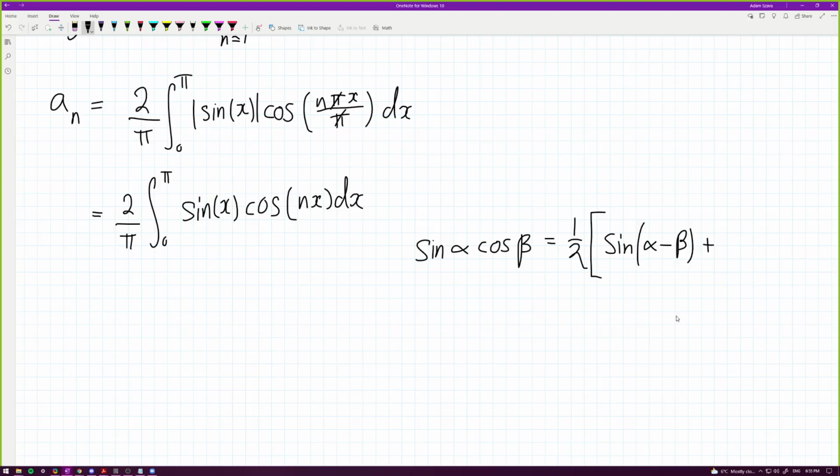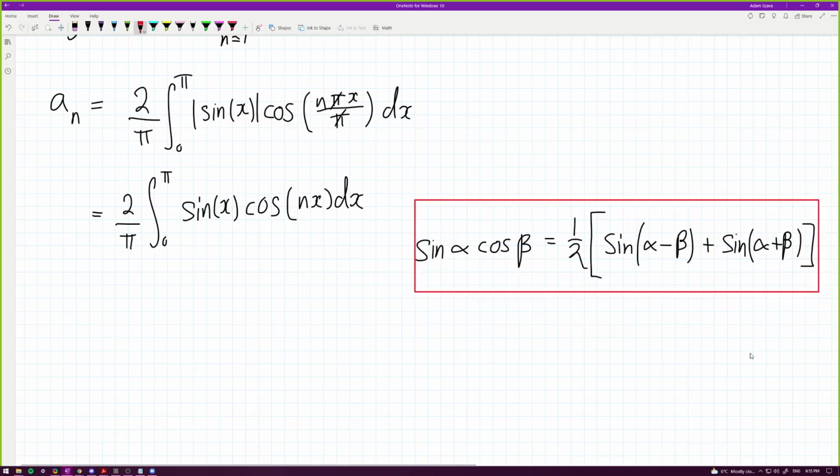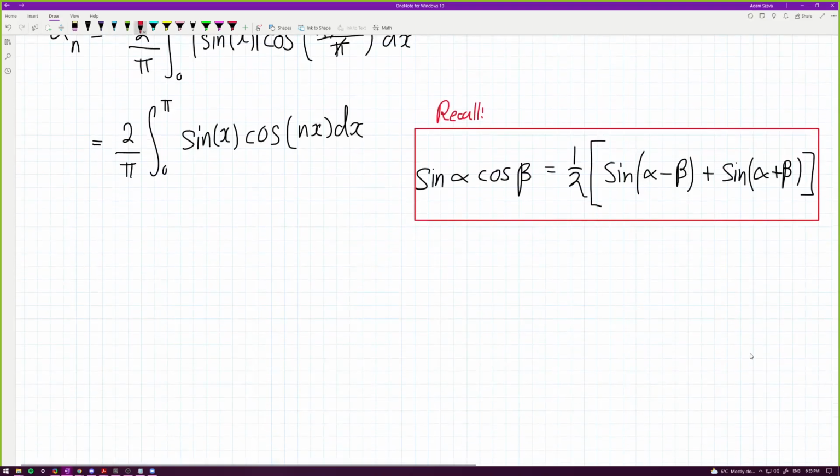Okay, plus sine alpha plus beta. Okay, that's just a formula to remember, your trig identities. So recall this. And so now that I recall this from my memory,